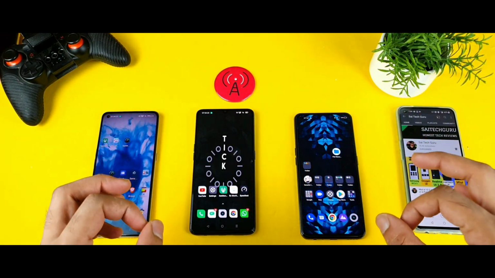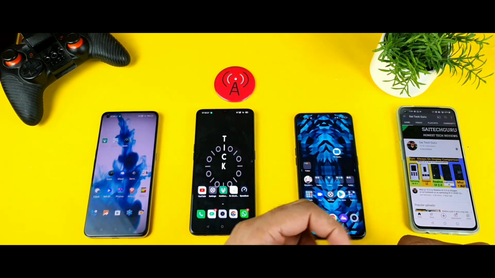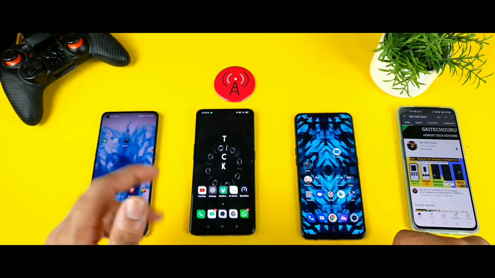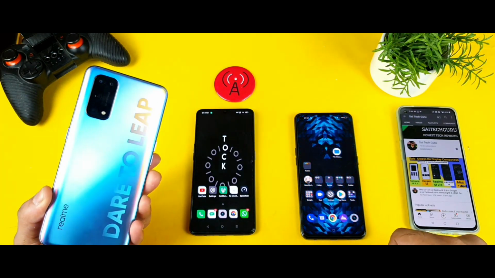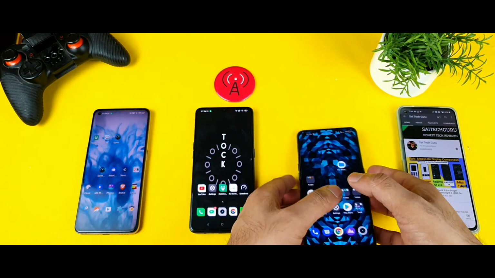In today's video, I do the 4G plus speed test and the download test comparison between all these three Realme phones which I got right now. As you can see, friends, starting with the Realme X1 Pro device, next is a Realme X2 Pro device, and third phone is a Realme X1 Max device.